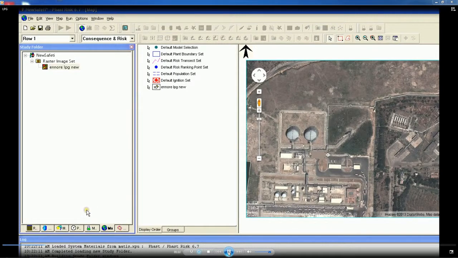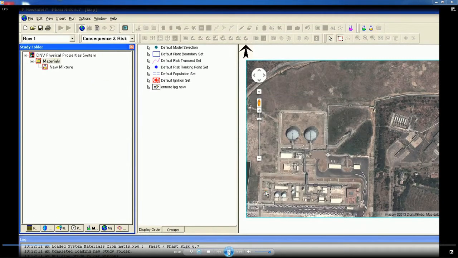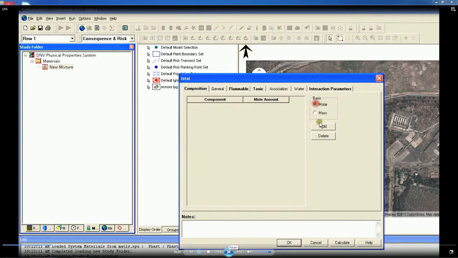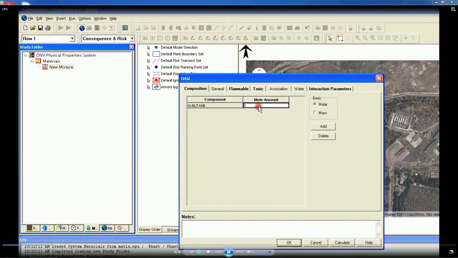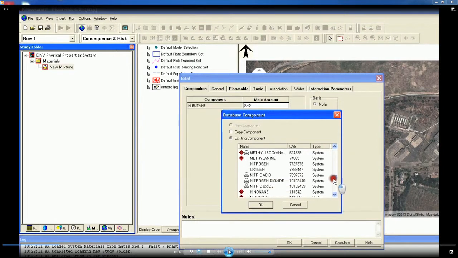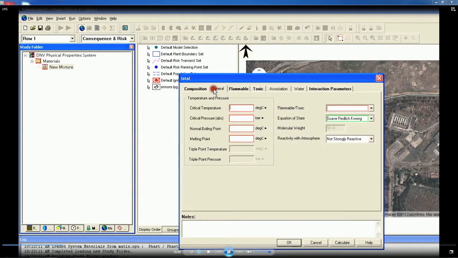Then you can show the important location where the material properties can now be identified, insert the mixture or the material. I am working out a new mixture in this specific case. So, once I click new mixture, I see on my left hand side a new mixture available and the material head. So, I click that, I go to the basis of adding them. My new mixture is having a specific combination of butane of a mole amount of 45%, and I also have the next possible chemical, propane, which is 55%. So, I add them and say it is general.